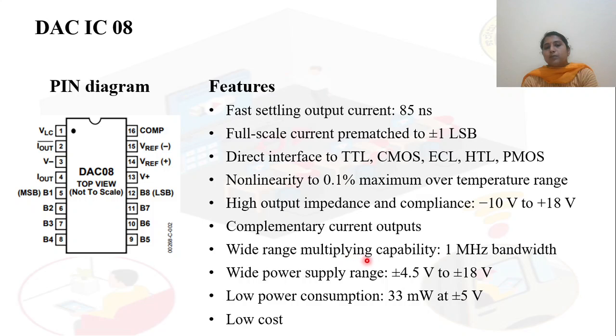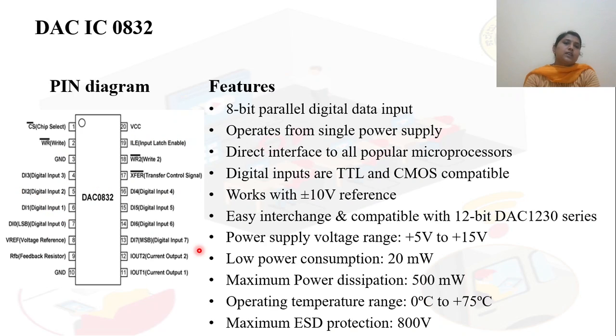Wide range multiplying capability, 1 megahertz bandwidth. Wide power supply range is plus or minus 4.5 volt to plus or minus 18 volt. Low power consumption. The consumption of the power is 33 milliwatt at plus or minus 5 volt. And this IC is low cost. So these are the features of DAC IC 08. Next one is DAC